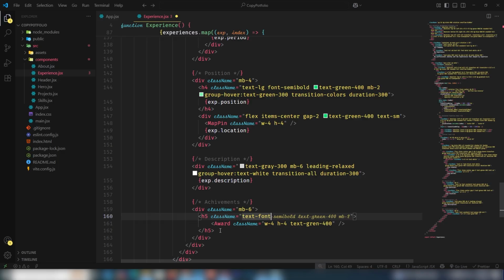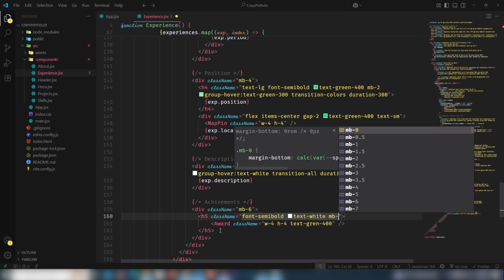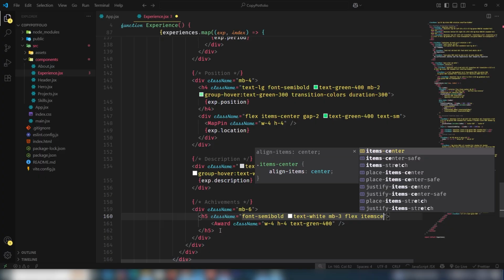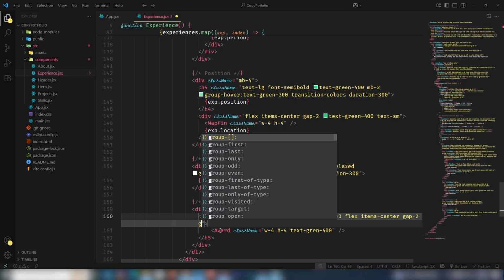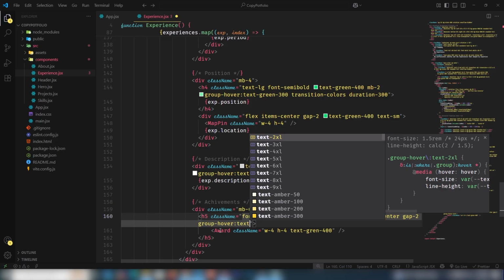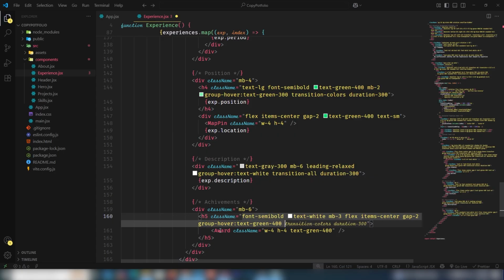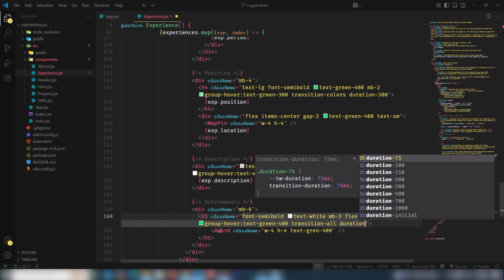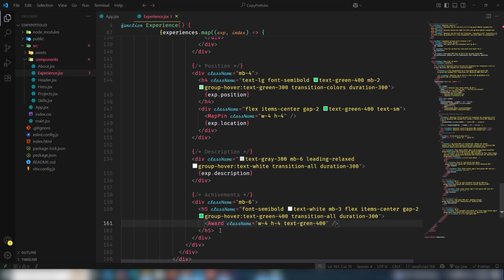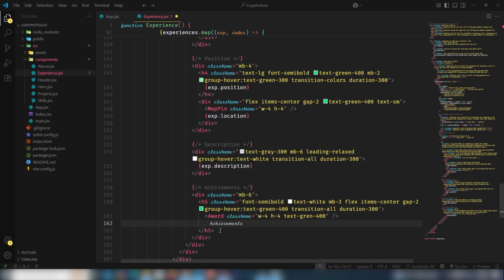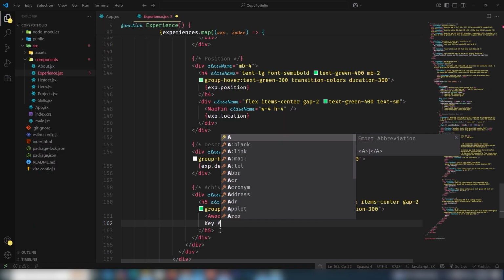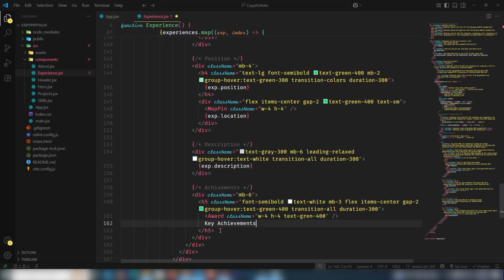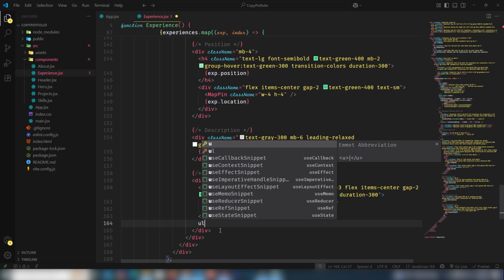Font should be semi-bold, text should be white, margin bottom 3, flex, items should be center, gap should be 2, group hover text should be green 400, transition all, duration 300, right? And after this one I'm going to use key achievements like this. Okay, after this one I'm going to add the UL tag,